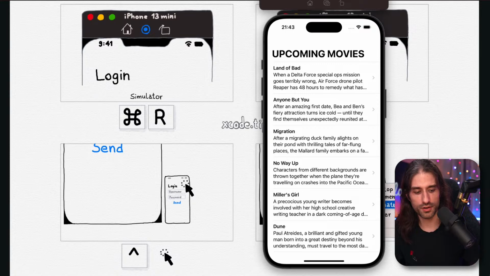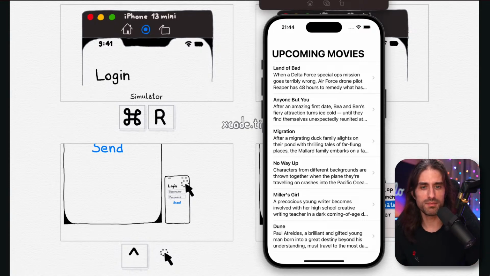But being able to record what's happening in the simulator and get a video from it can be very useful. Typically, a use case where I've used it a lot is when making a pull request or a merge request to your colleagues to show a demo of the feature. You record a video, either on device using screen recording or on simulator using this feature. This way your colleagues can see the feature in action. I found that it brings so much value and it's so easy to make. You've seen how easy it is. So I would really recommend doing it.